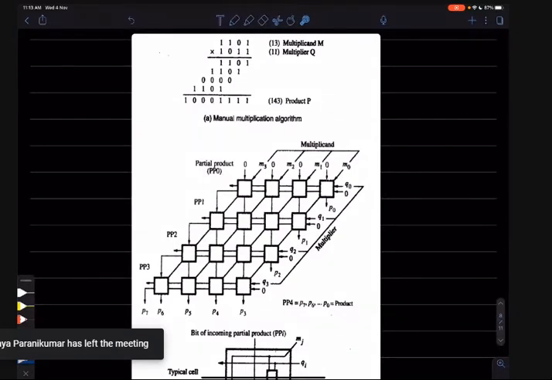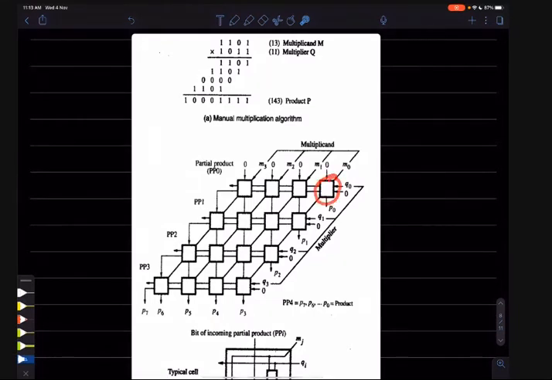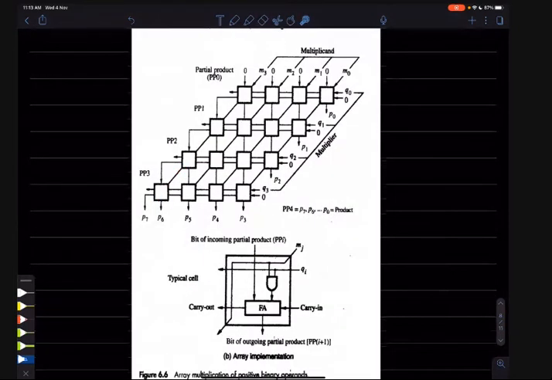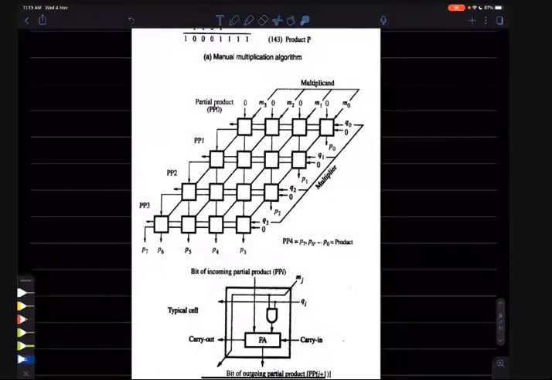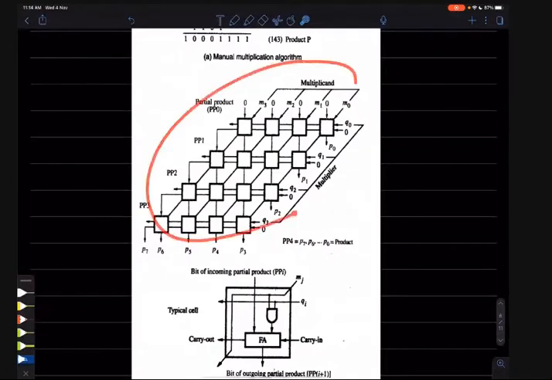Which path will have the longest delay? From this part to this part. So the bit has to travel from this part to the end, okay, to this part to the end. And there is a delay associated with the AND operation and the full adder operation. So that's why there is a big delay in this circuit, plus the circuit is very much complicated